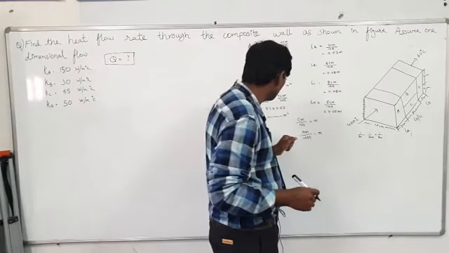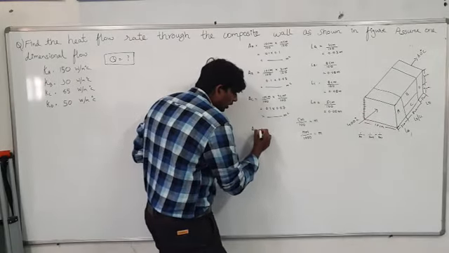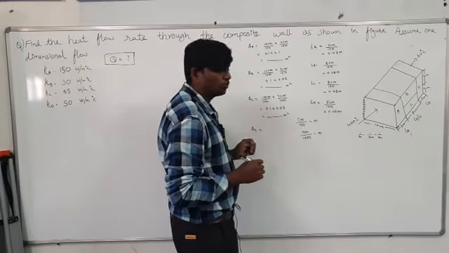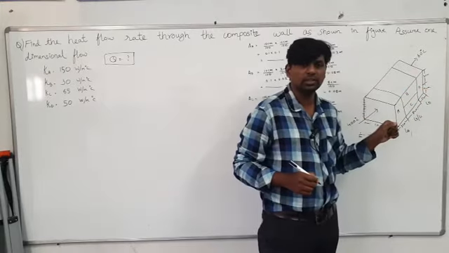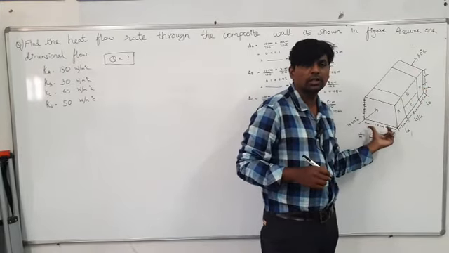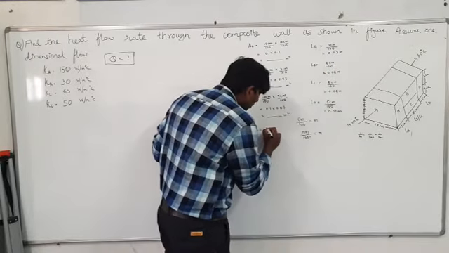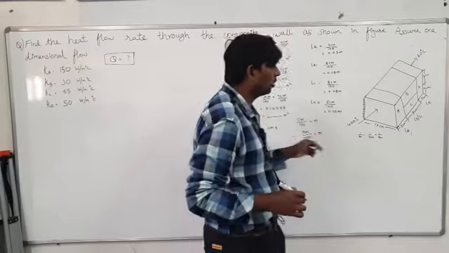After that, what do you have to do? You have to find out the AD. For finding AD, this is the D component. Which component is this? D component. For the D component, this is the constant. How much is it? 10 centimeter. So you have to write here 10 centimeter into, now the thickness you have to consider.